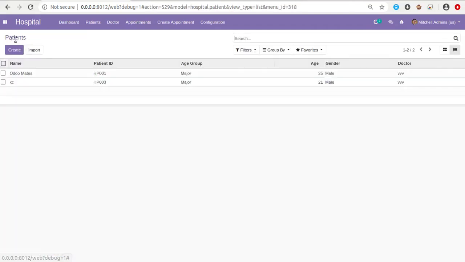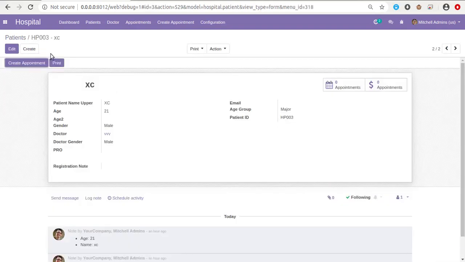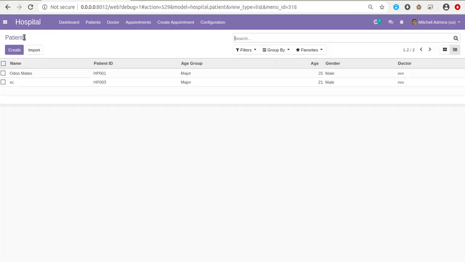So let's take a case where we need to open the corresponding record from the tree view itself, as it is working inside the form view. Right now if we click anywhere, the patient record is getting opened in the form view. So for that you have got a widget. I'm not sure whether it will be useful for someone, and I didn't get the use case of how it will be useful. Still I'm sharing this because it might be helpful for someone.